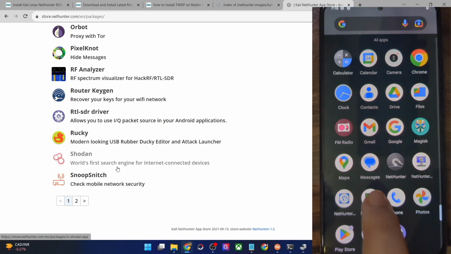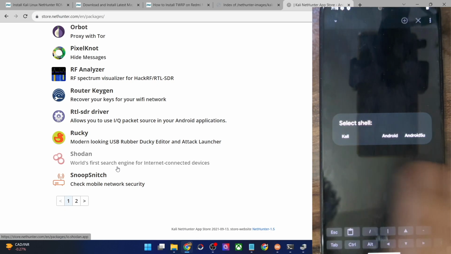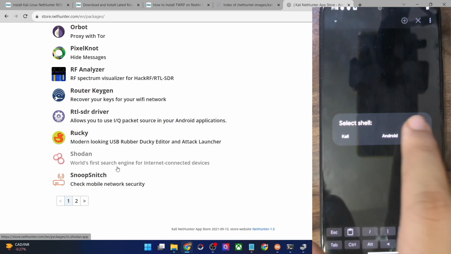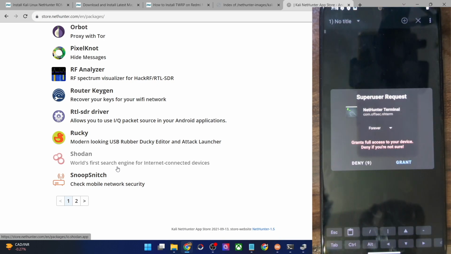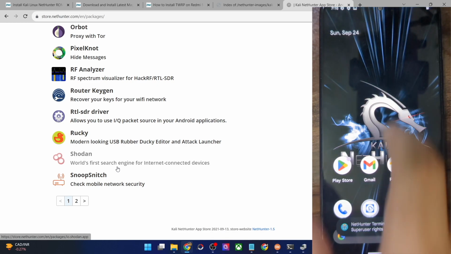And then we have the terminal window. If you want to execute any command, then you could use it from here. These are the three options. You could use the Android SU with the root permission, the Android with the normal permission, and the Kali with the Kali permission. It's completely up to you. If you choose the Android SU, then you will have to grant the root permission as well. So with that said,